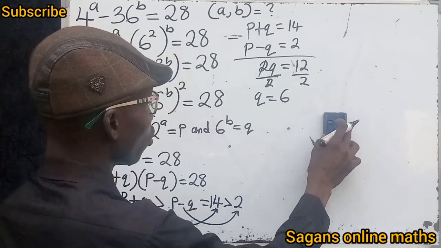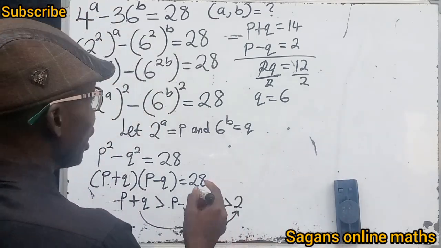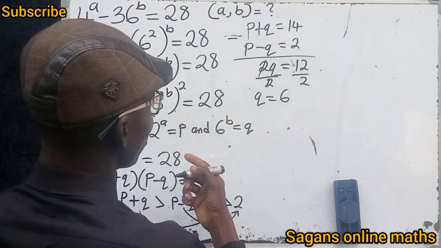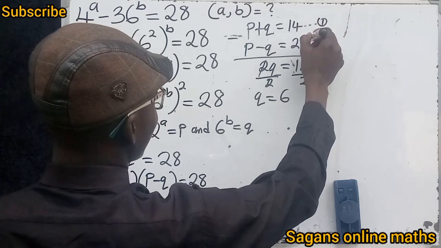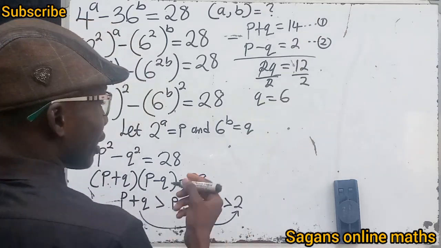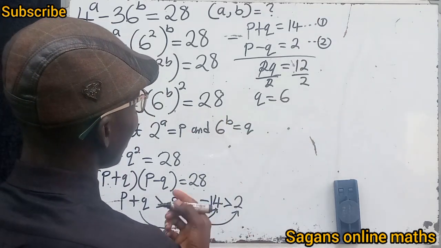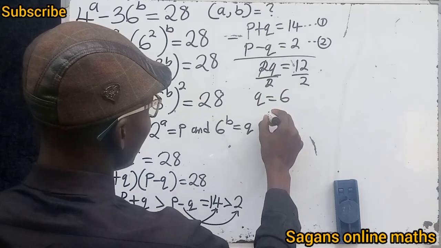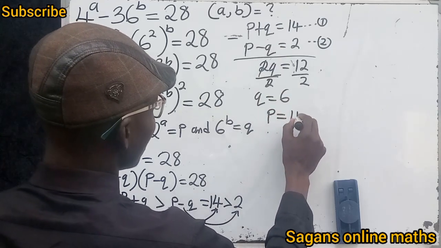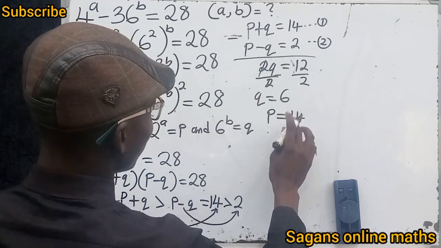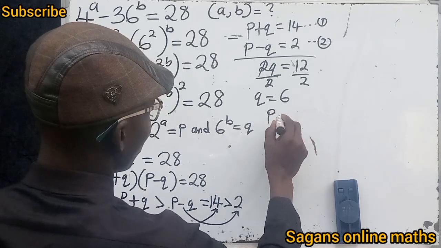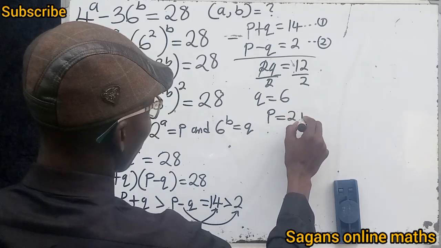Now let's go further to look for p. Let's substitute the value of q into any of the equations. We can call this equation 1. This is equation 2. It's a simultaneous equation. Now let's do it quickly. From here we can see that p is equal to 14. Or let's just use equation 2, right? Equation 2. p is equal to 2 plus